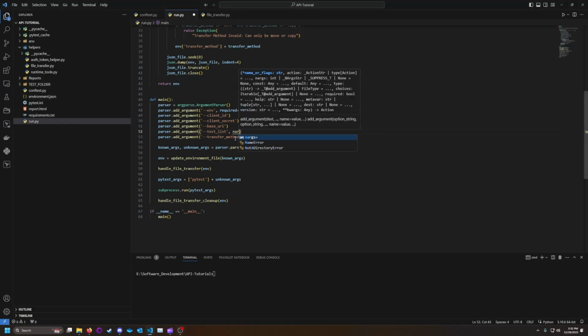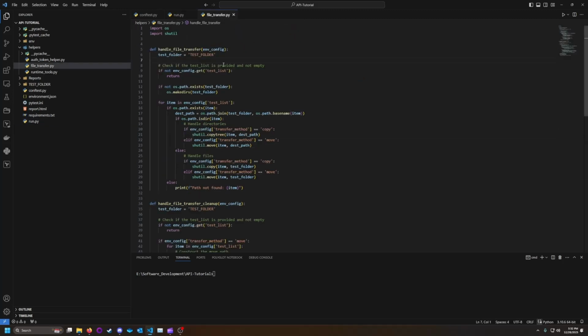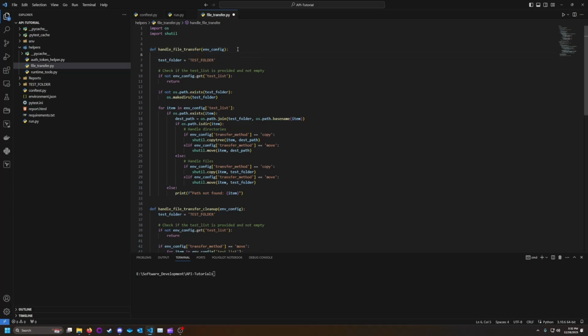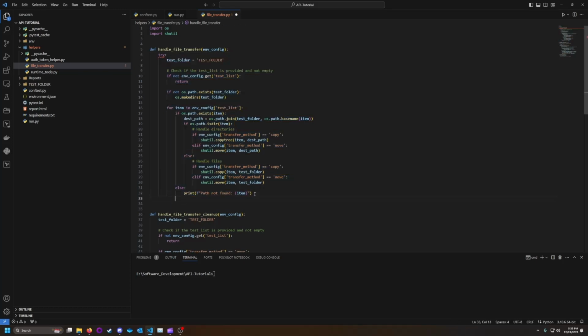So what we're going to do is add our test list to actually accept a list. Might be useful for our use case here. So that's the first thing we're going to do. And the second thing we're going to do is add some error handling to our handle file transfer only. So basically, if the transfer fails, I want to accept an exception, call it E,